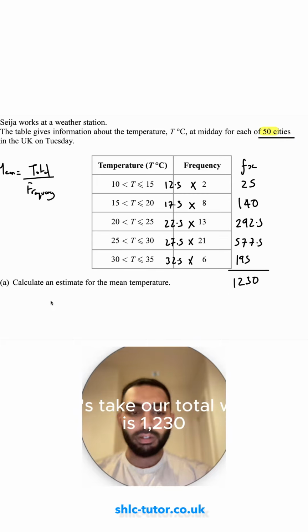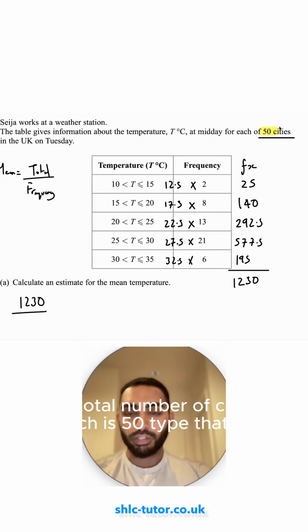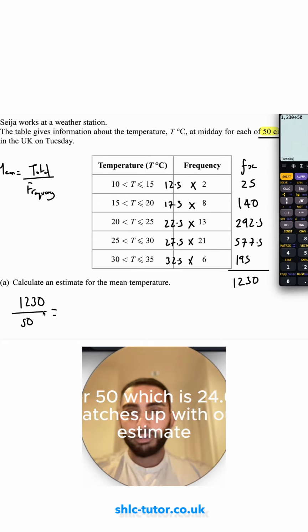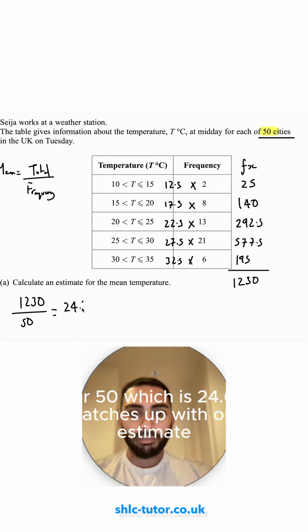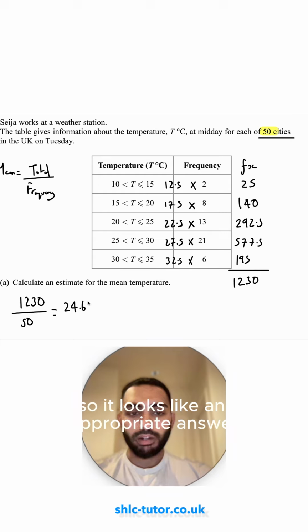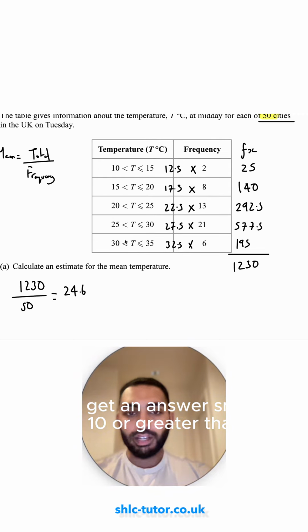So let's take our total, which is 1,230, divide it by our frequency, the total number of cities, which is 50. Type that in, 1230 over 50, which is 24.6. That matches up with our estimate, so it looks like an appropriate answer. If you get an answer smaller than 10 or greater than 35,